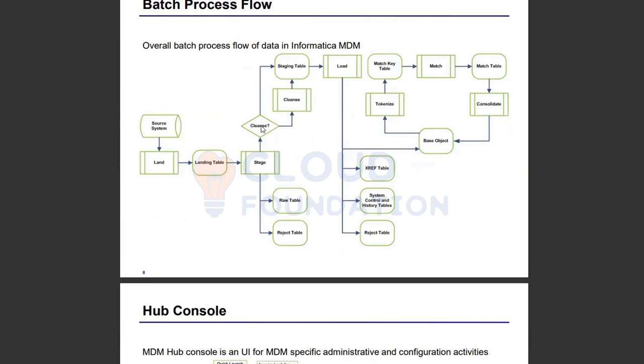The data which is duplicate in the landing table, or any data which is not mapped correctly, or data which is too long, gets rejected. From landing to stage, there are very few rejects. Very few. But in the load process, all the validations and referential integrity are checked. Hence, rejects are a little bit more in the load process.